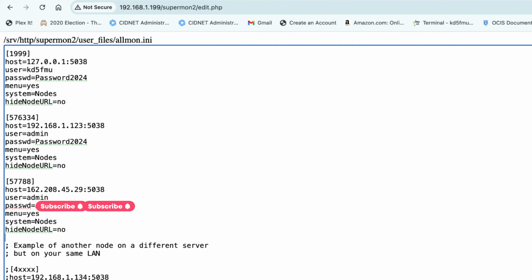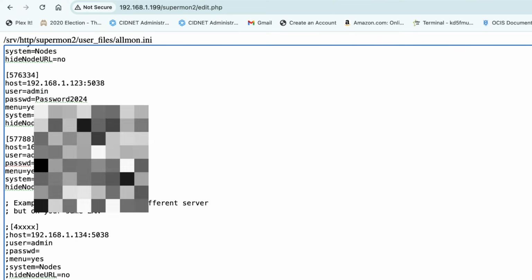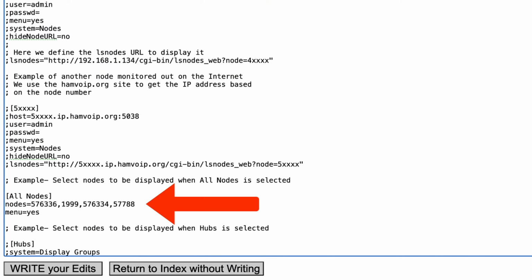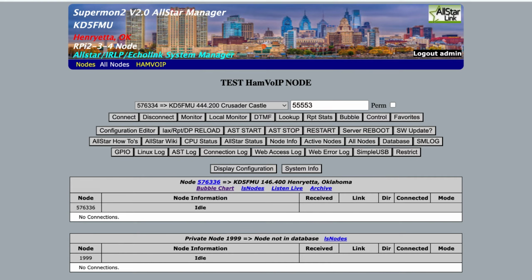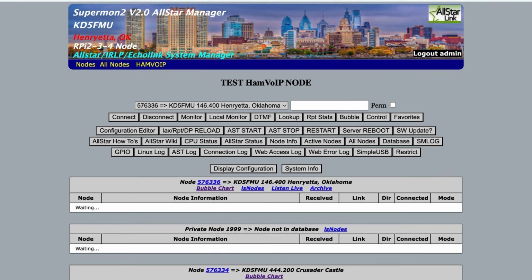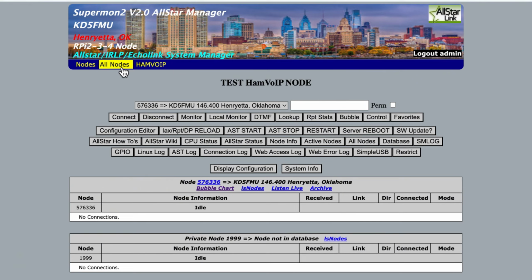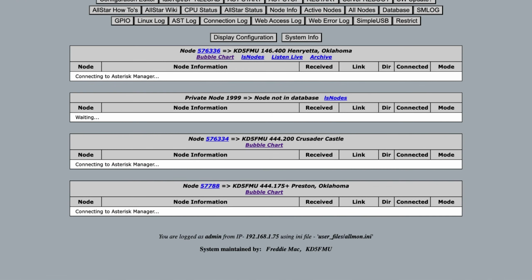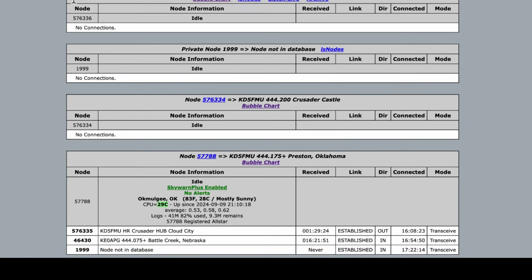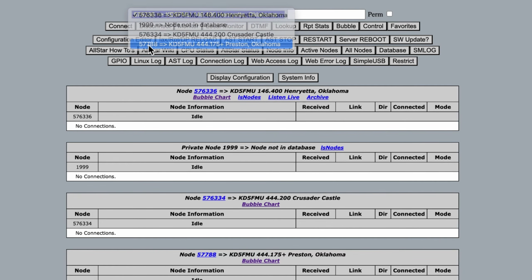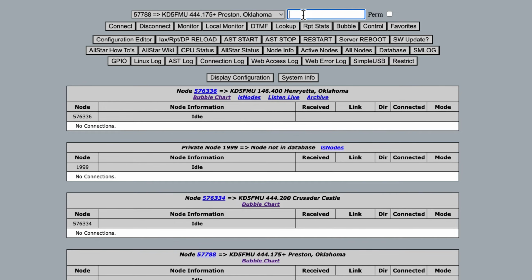And then we can come down here, add 57788 there, write our edits. Return to the index, close the window, refresh the page, hit all nodes, 57788 shows up, it connects to its asterisk server, and since it has Skywarn Plus installed, the information shows up in the node. And so up here, I can drop down 57788 and make it connect or disconnect or reload